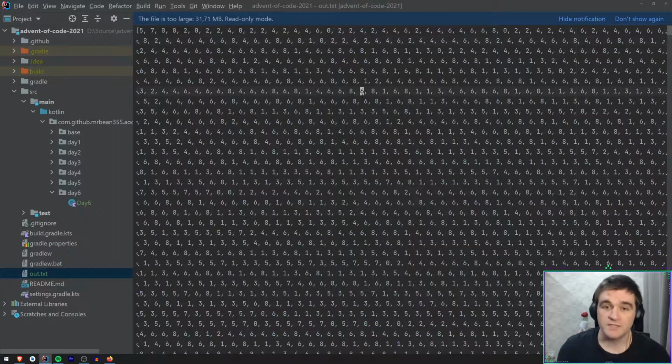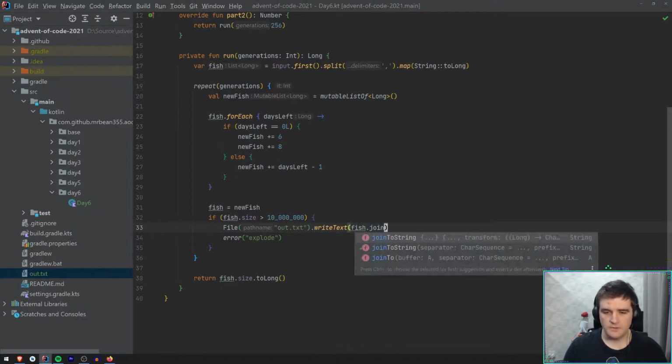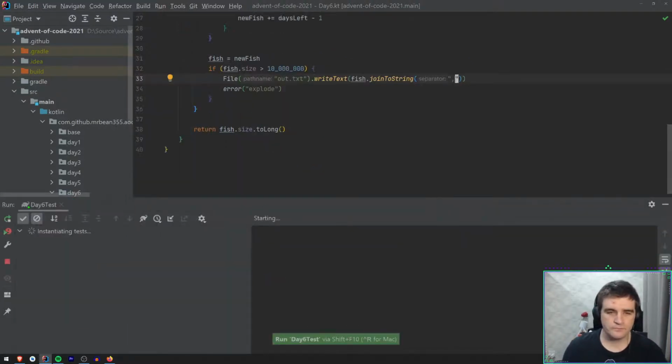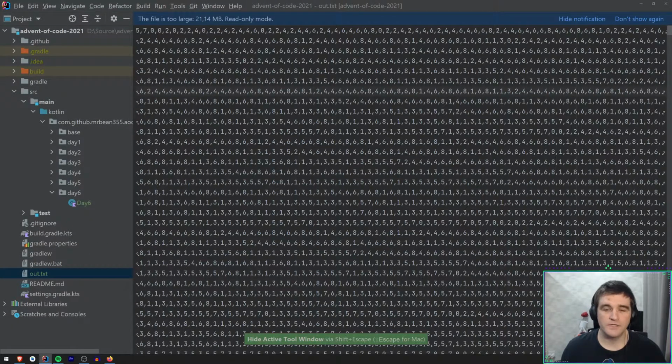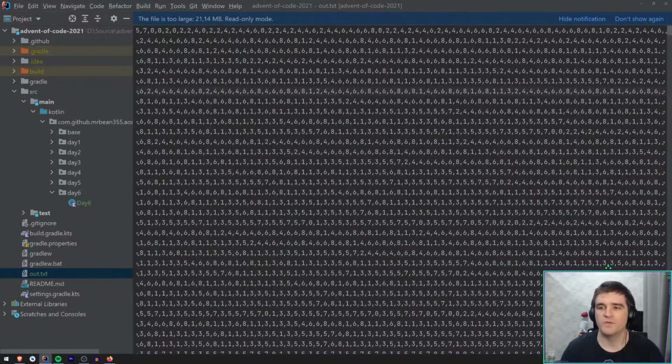I mean, you can get rid of spaces as well, because that's a lot of additional wastage. You could say join to string where the separator is just a comma, right? So it was 31 meg, and now 21. Okay. This is probably the minimum. This is a wall of numbers, but the minimum storage you could use. And then